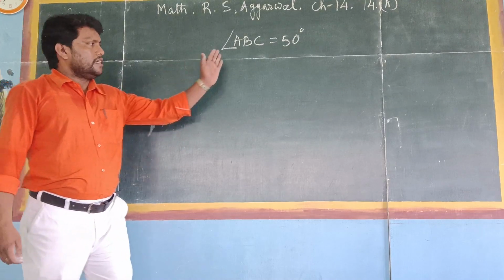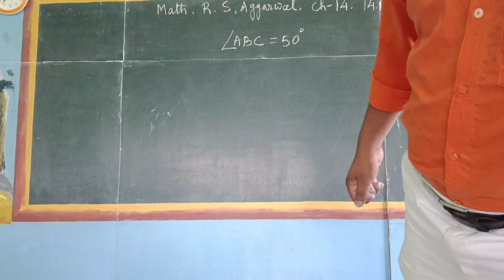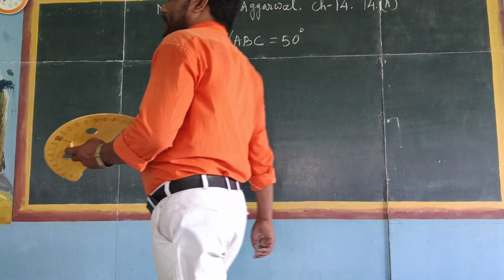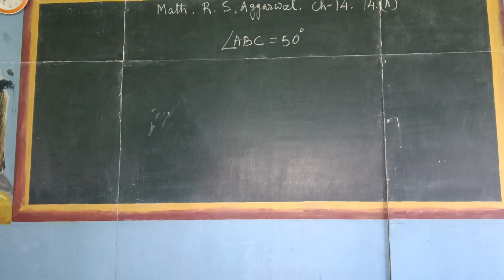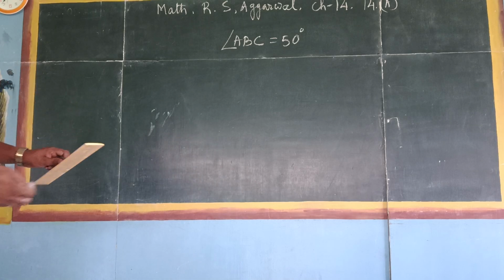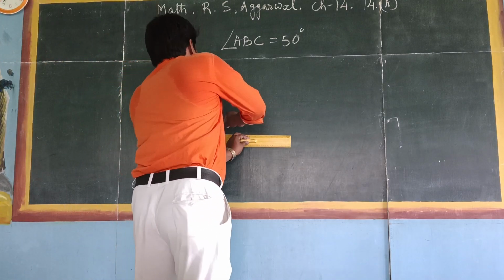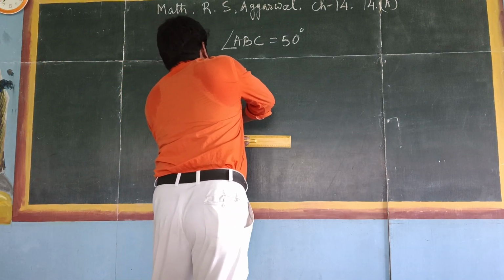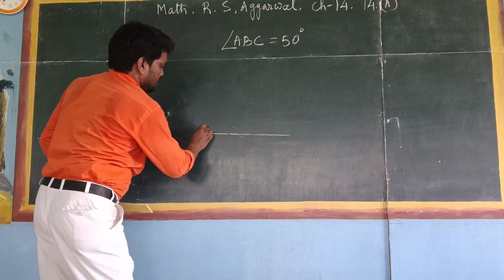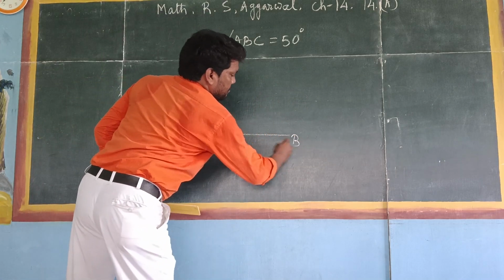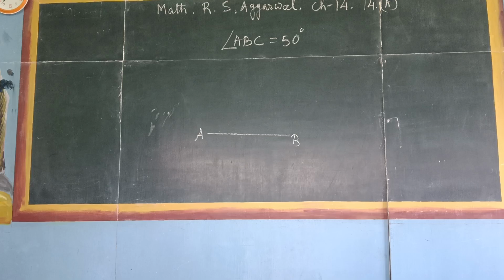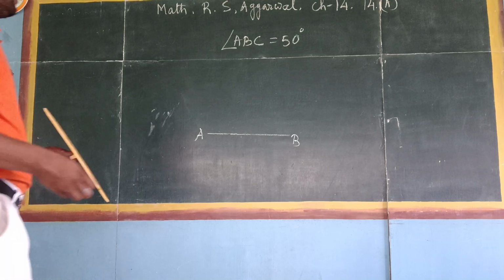So use the protractor and construct. At first draw a line segment. Here suppose AB. Then with the help of the protractor,